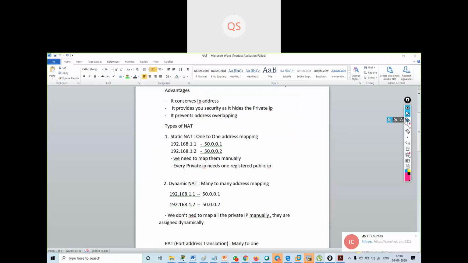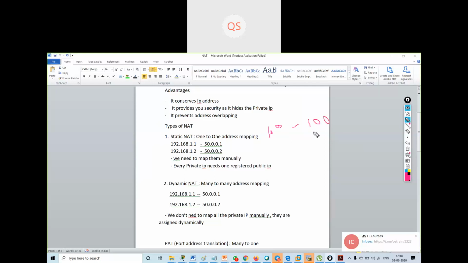What is the disadvantage of static NAT? Suppose I have 100 users. First of all, I need 100 public IP addresses.